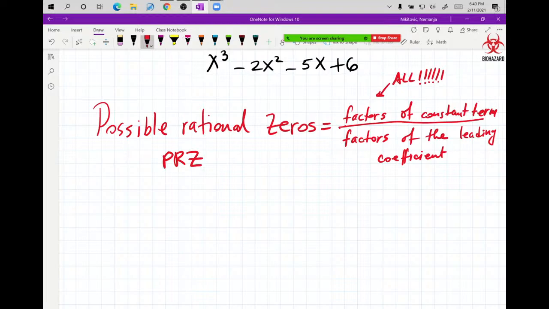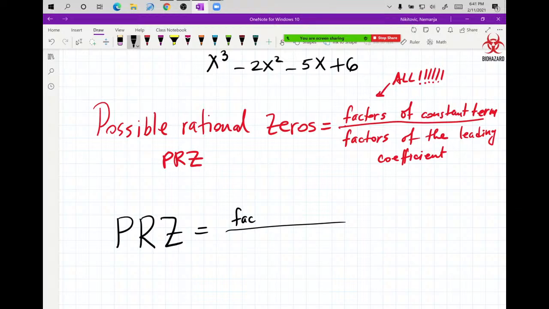Coefficient. Okay. So, applying that on the black equation you see on top of the screen, PRS is equal to what? Okay, what are all of the factors of the constant term? Constant term is 6. Factors of 6 divided by